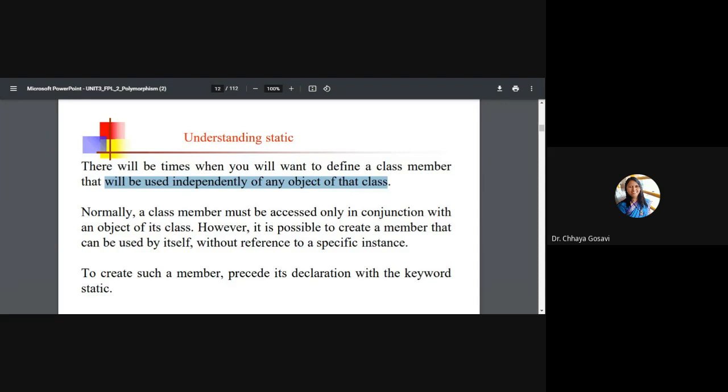And whenever I delete a student, that count should get decremented. Whenever we want to display, update or search for a student, we need that count, and that count should be constant for any object. So in that case we can go with a static variable.